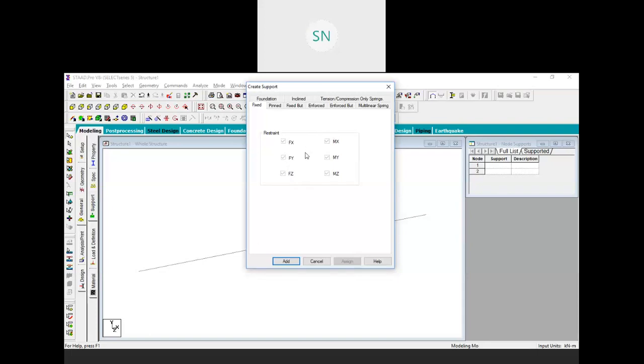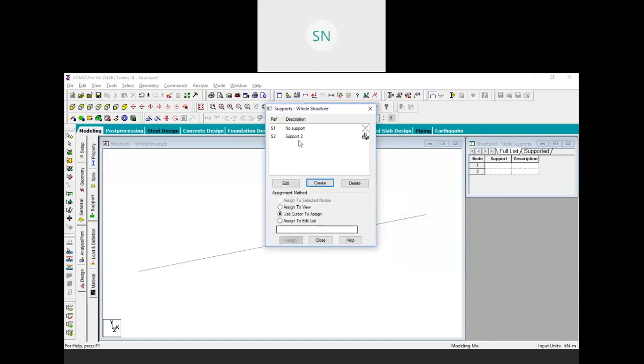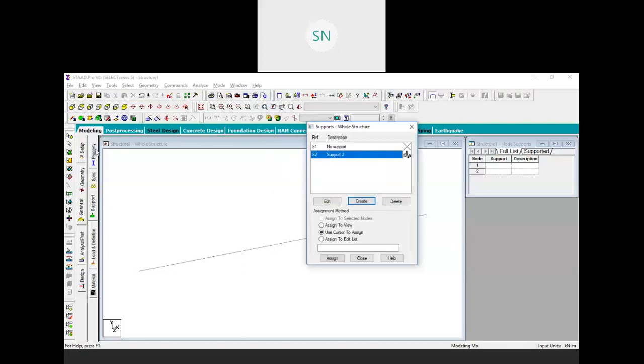That type of support we call fixed support. Click on add. Now we will select this support. We will take our nodal cursor and select this node and click on assign to selected node, assign, and yes. So as you all can see, we have a fixed support over here.